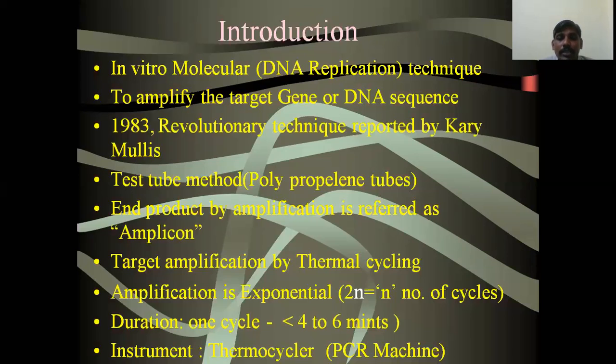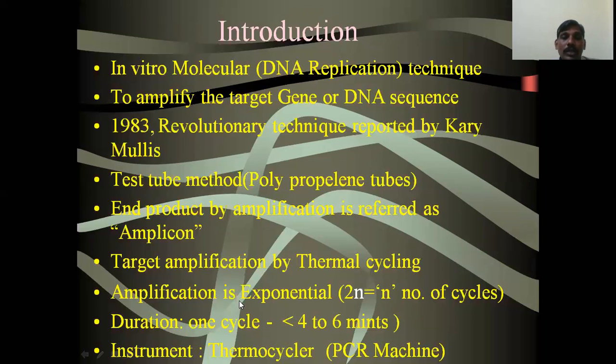This amplification process is done on the basis of thermal cycling. Thermal cycling means that during the PCR process, the heating and cooling is continuously repeated with variation of temperatures. These steps are continuously repeated by heating and cooling, by increasing and decreasing the temperature. The steps run one by one, and ultimately we get a number of copies. The target amplification is done on the basis of thermal cycling. Thermal indicates temperature.